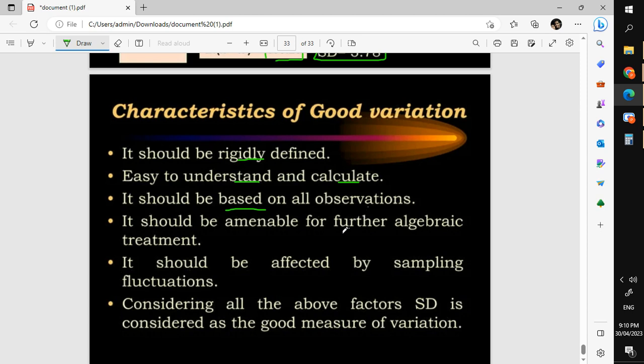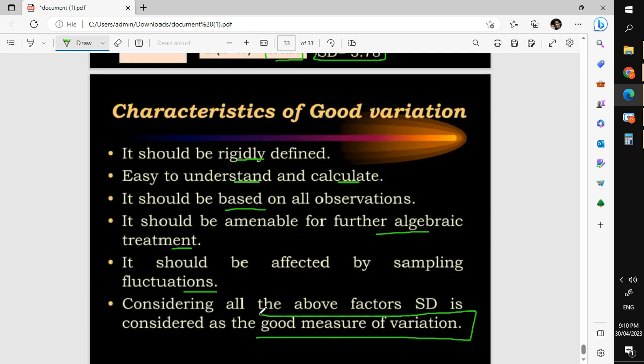If you take out the sample, so tanan samples, tanan datom dito as imong dataset ma-include sa imong calculation, and it's amenable for further algebraic treatment. It should not be affected by sampling fluctuations,